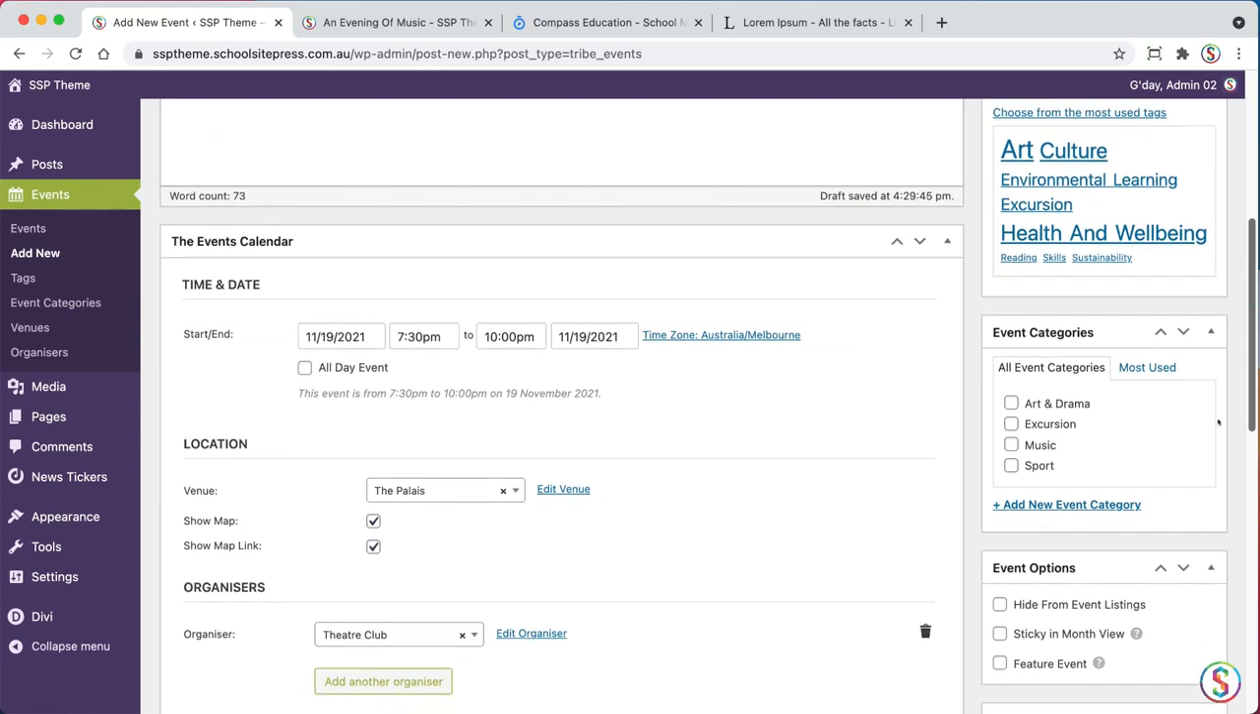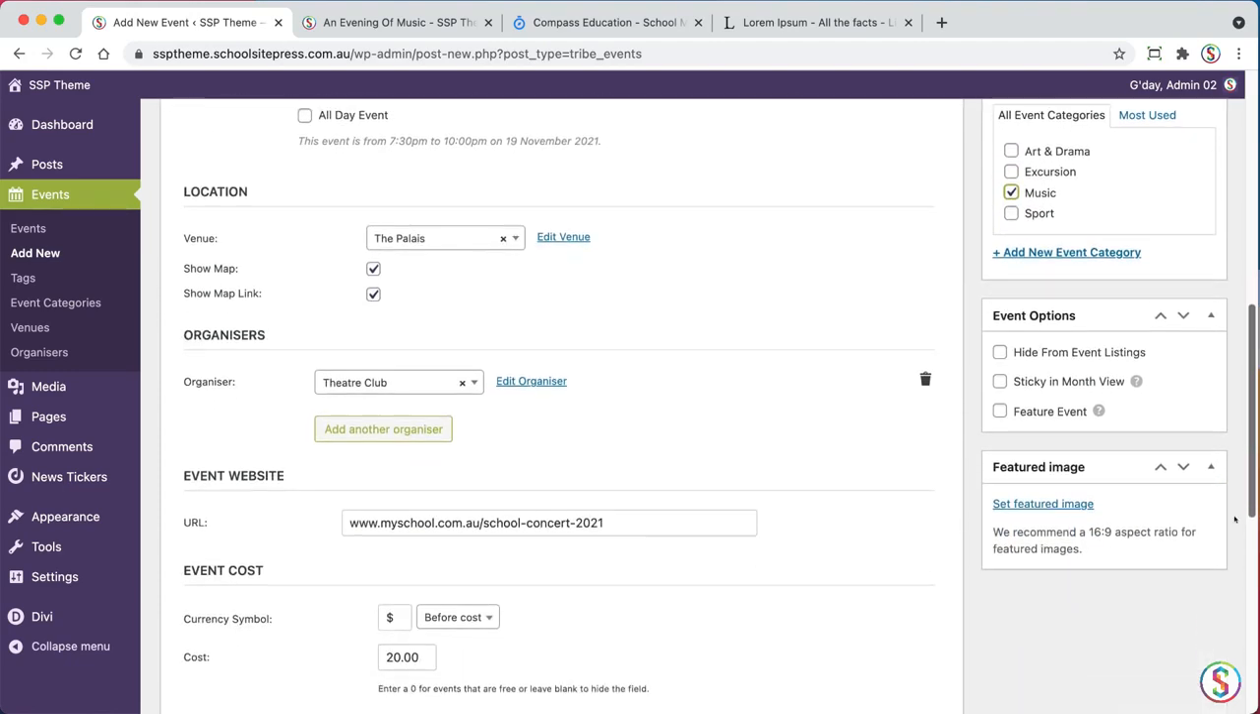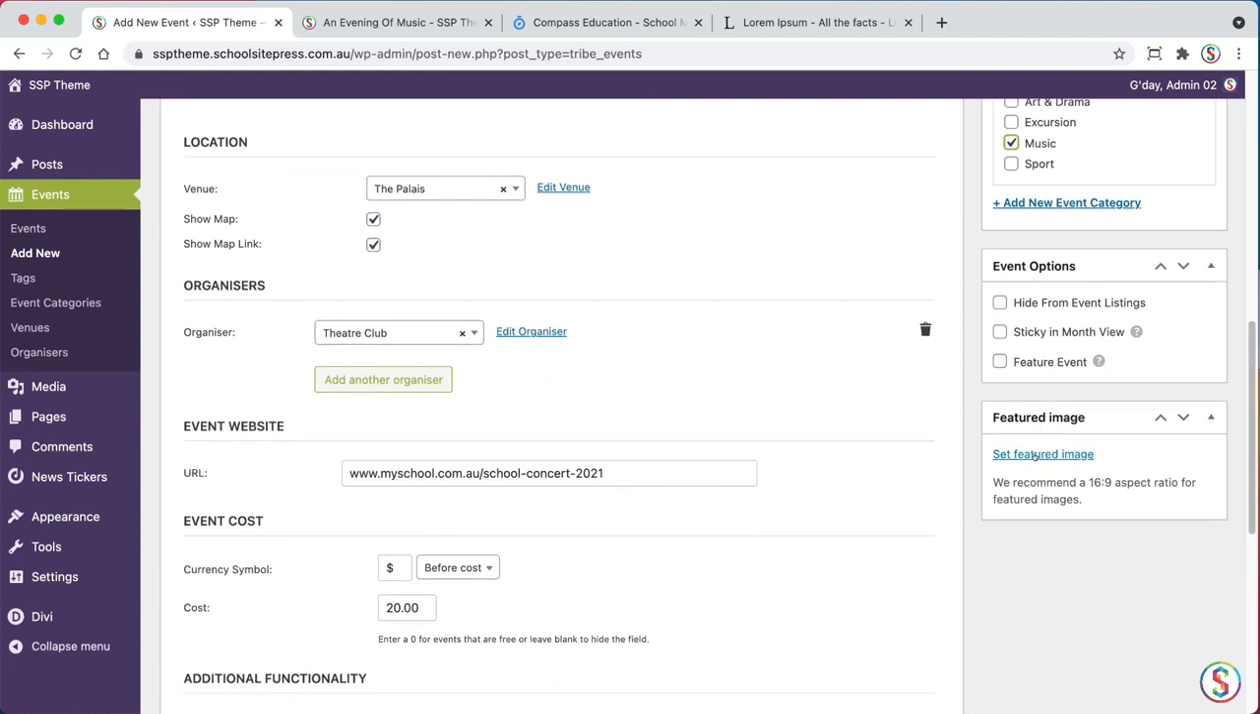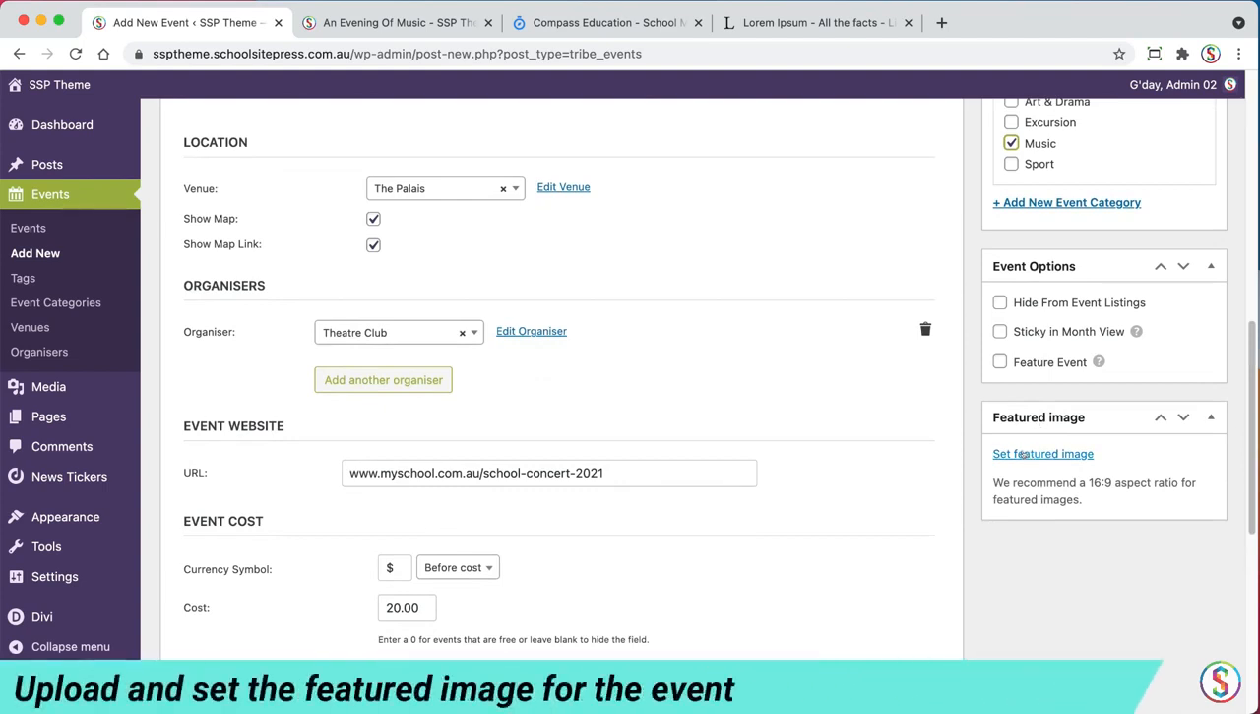If I come down here, I'm going to click on, for the event, it's mainly music, so I'm just going to click on music. Okay, and scroll down. Is it featured event? No, but I do want to set a featured image, so I'm going to click on set featured image,